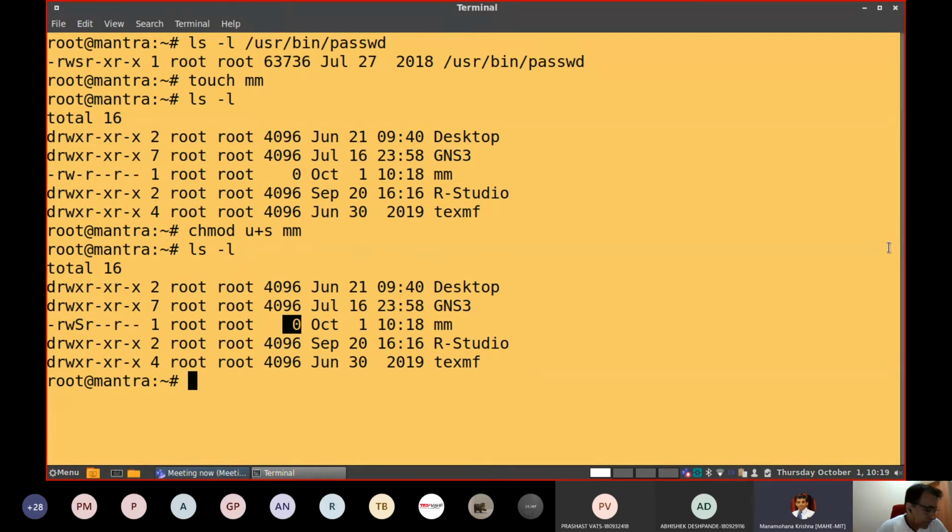This is how you can set the set user ID for a file as a regular user.